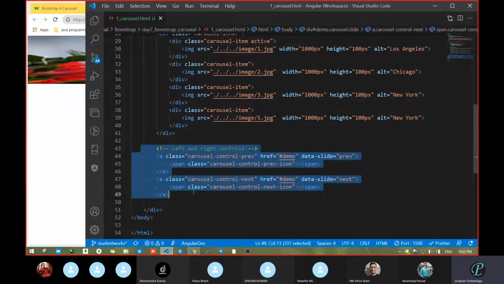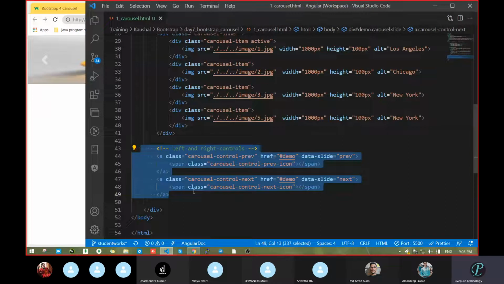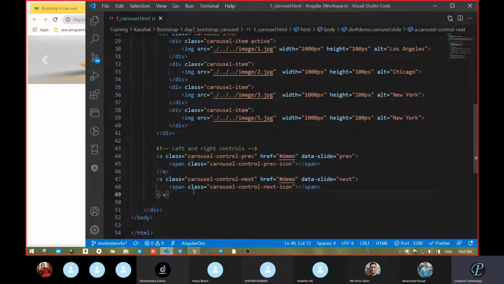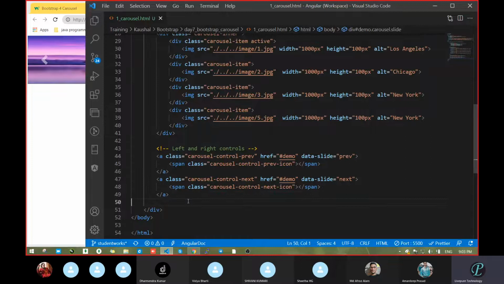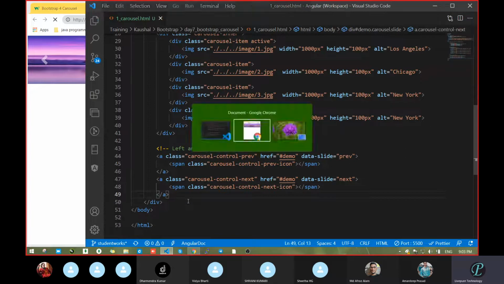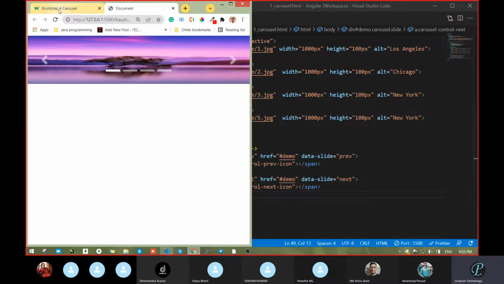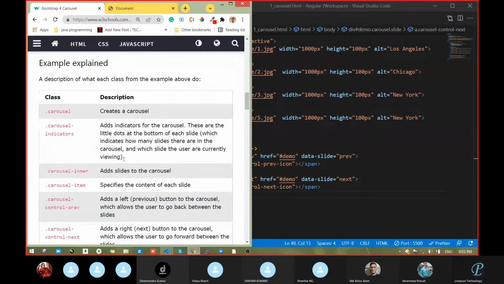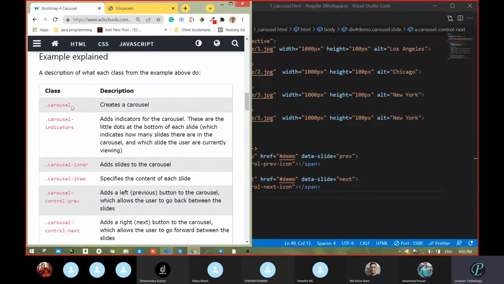Then again, same thing like previous and next, it does the same thing. So we have to learn how we can take and modify according to our need. That is the main motto behind learning this CSS framework, whatever framework we are learning. Anyone having any issue? Tell me. Here, if you want more explanation regarding each line, you can go with this. But I don't think it is required. No, you can.